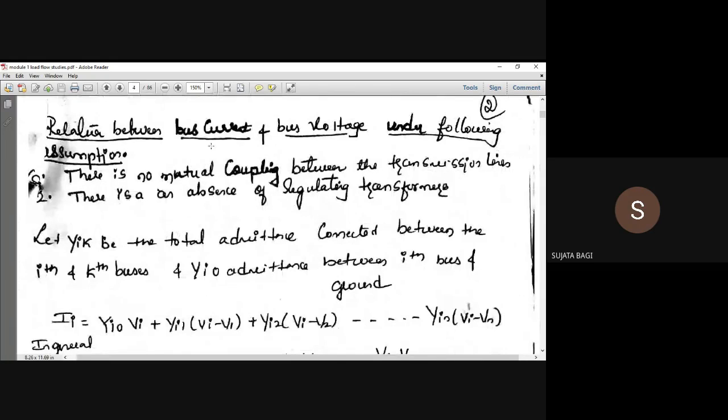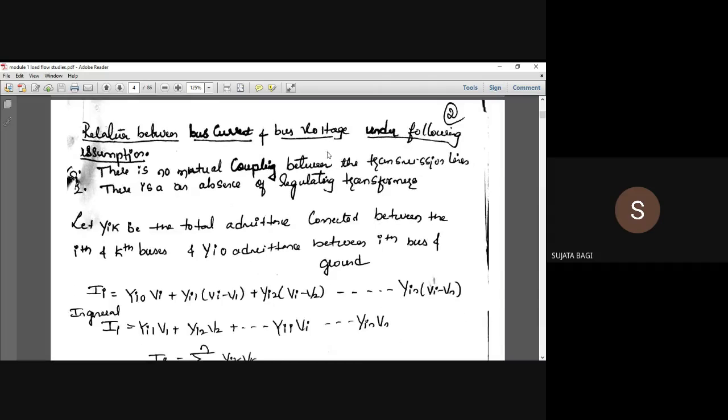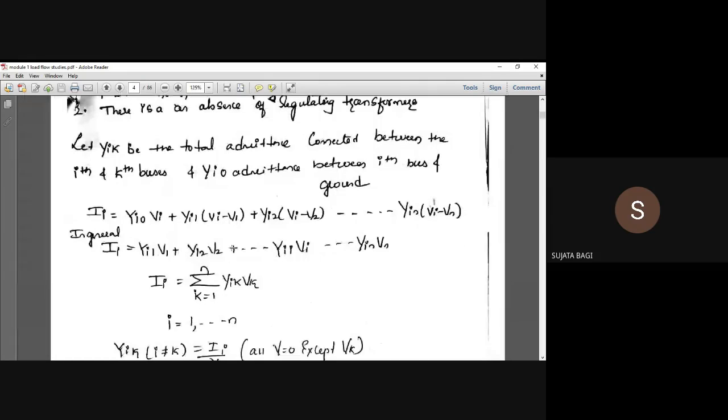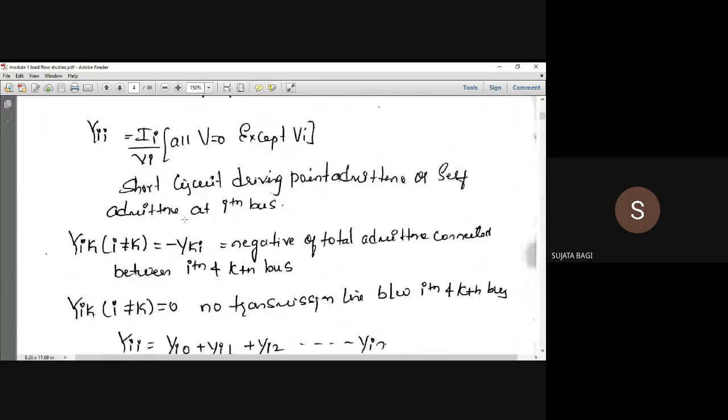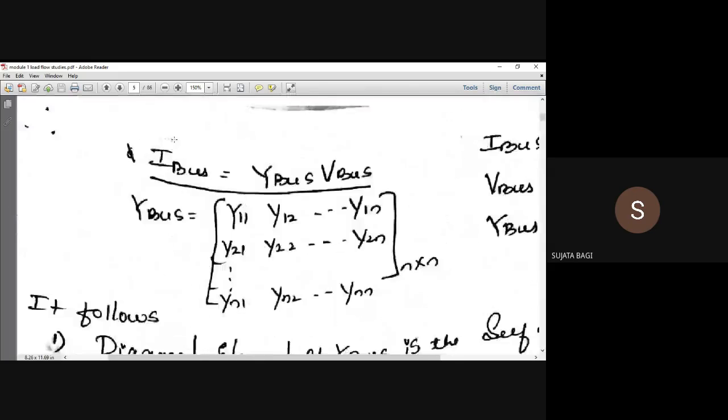And the next topic will be the relationship between bus current and bus voltage. So what are current and voltage, and how will they relate? In PSA 1 you have studied different matrices. I'll just take that equation so that I won't go into depth here. If I glance at what you have studied previously, it will be easy to understand. The current I is equal to Y into V. What is I? Current, bus current, and Y is admittance, and V is bus voltage. Whatever admittance we are taking is in matrix form, for different buses. Bus I is equal to Y into V. Current depends upon voltage in terms of admittance.